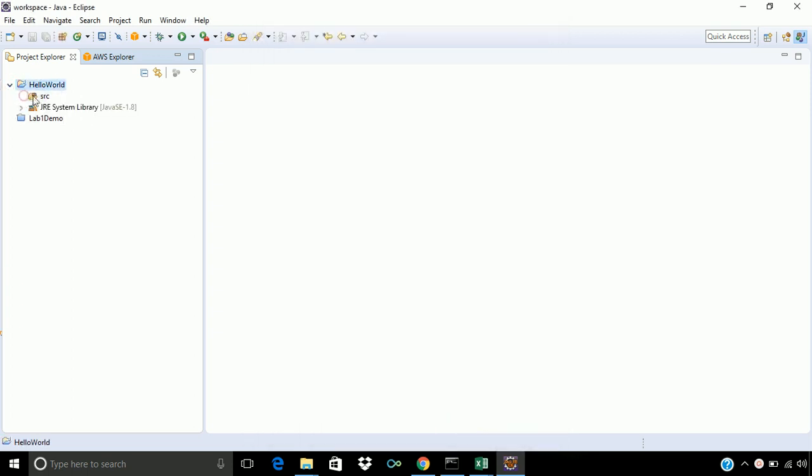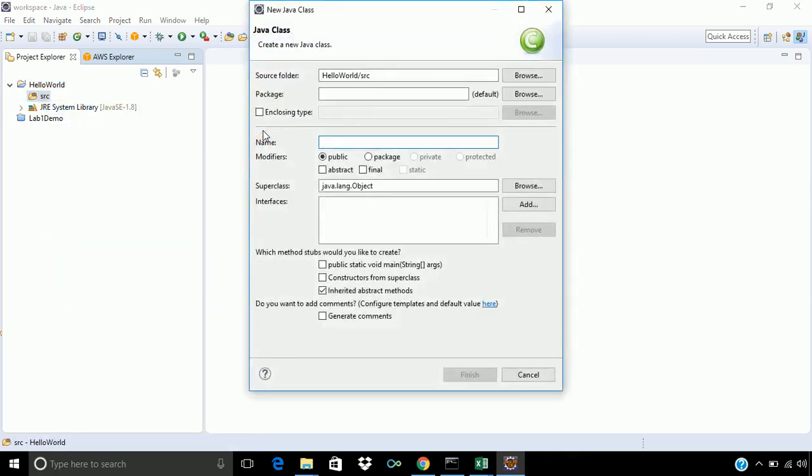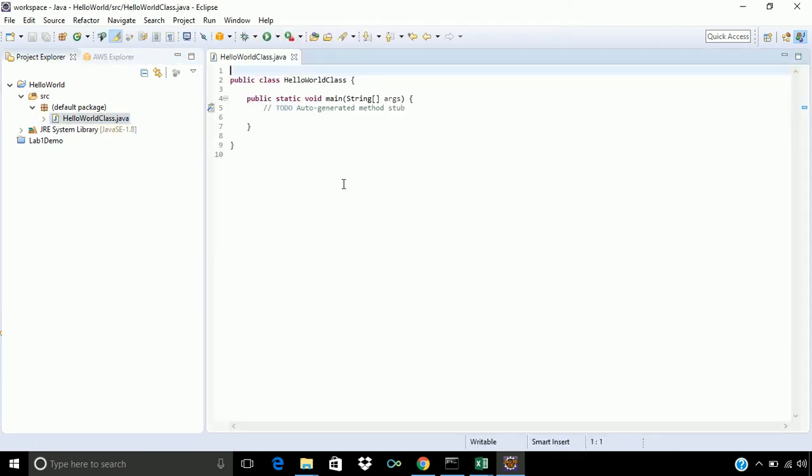Now first let's add one class file. Hello world class and click on finish. Here you can see the auto generated code is here.